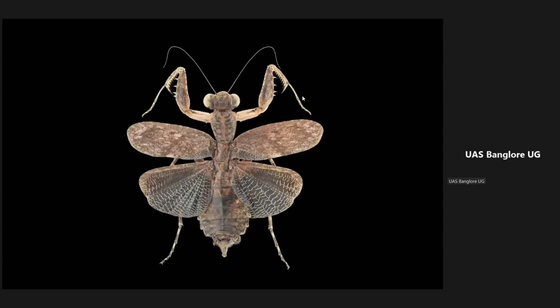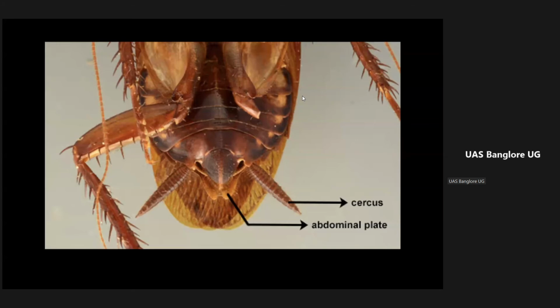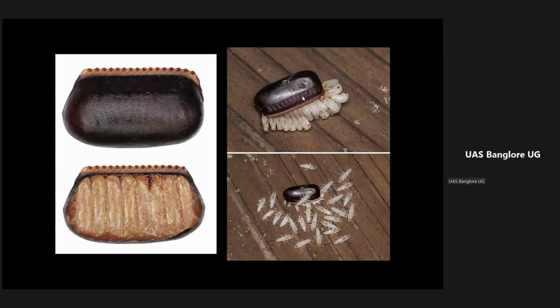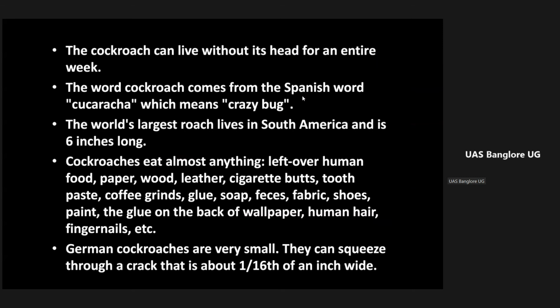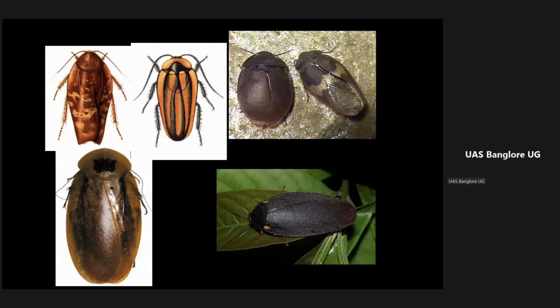I also forgot to tell you. Earlier, termites and cockroaches were separate insect orders, but now termites are put along with cockroaches, so they become Blattodea. Isoptera was the insect order name for termites, but now they have removed them from Isoptera and clubbed them together with cockroaches. Please remember, termites are also known as cockroaches now. This is for your information. It is the recent classification that we follow.